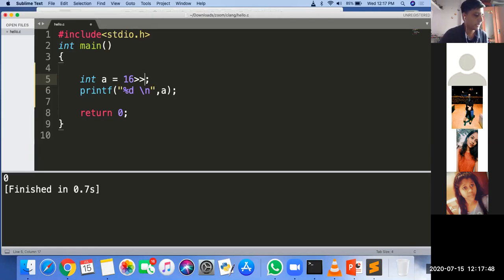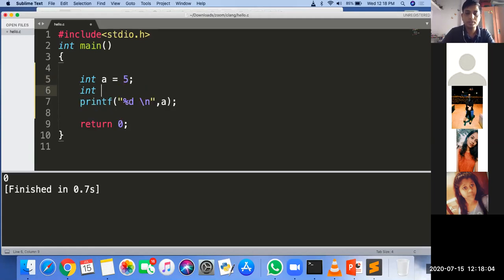Do you have any doubt in your study? Sir, increment and decrement, will you also solve that? Yes. Integer a is equal to 5 and integer b is equal to ++a; print a, b. 6, sir?